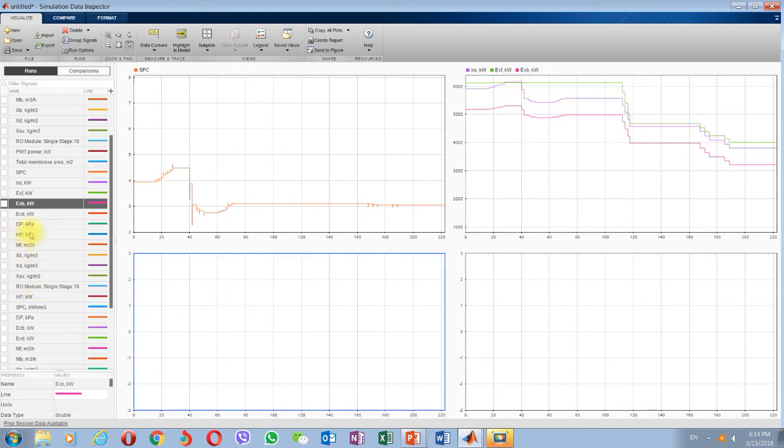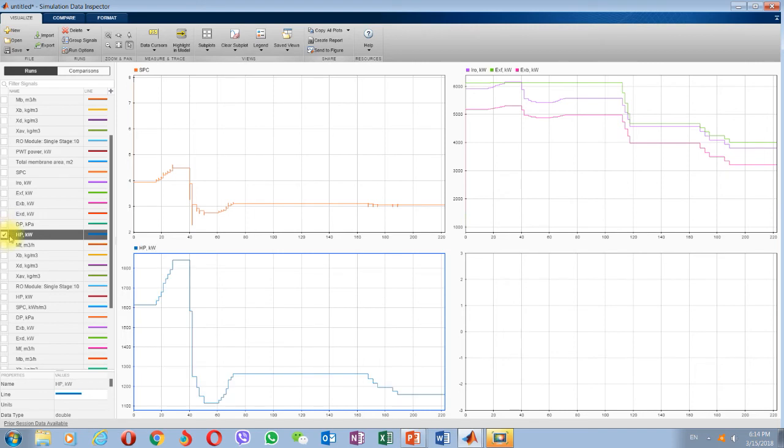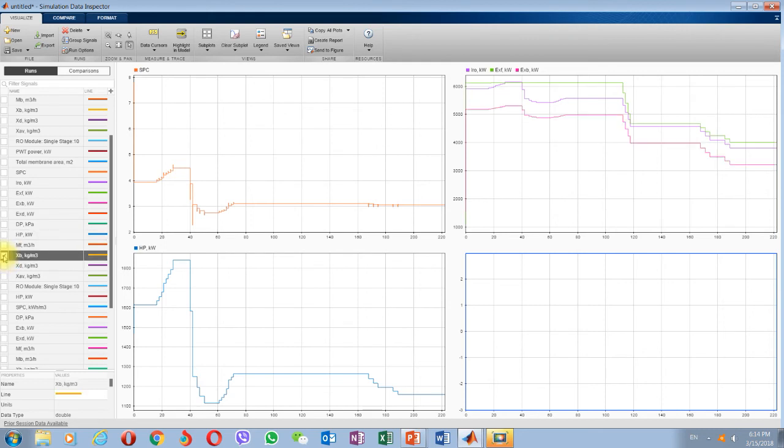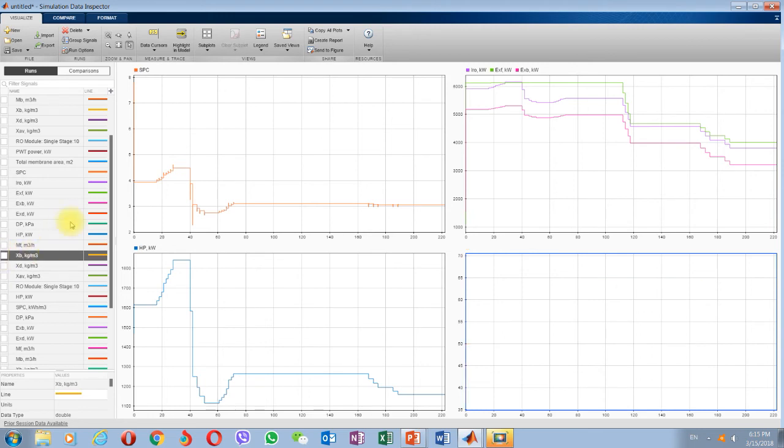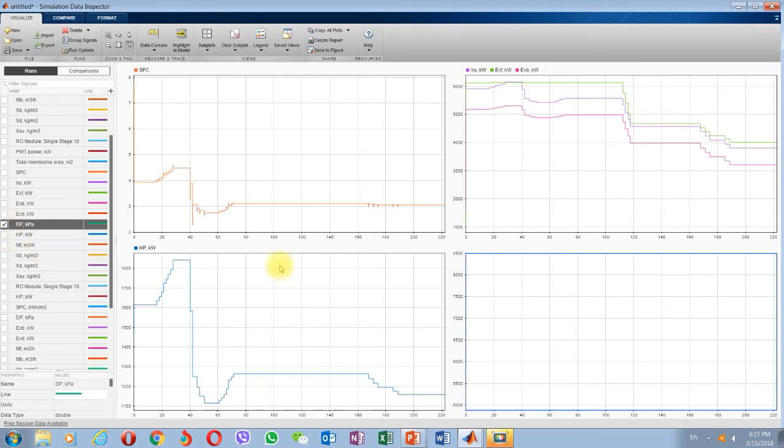Okay, for this we can discover the power of the high pressure pump. Okay, and here we can discover the salinity of the brine, the average salinity, and so on. So we can also discover this is the delta P,